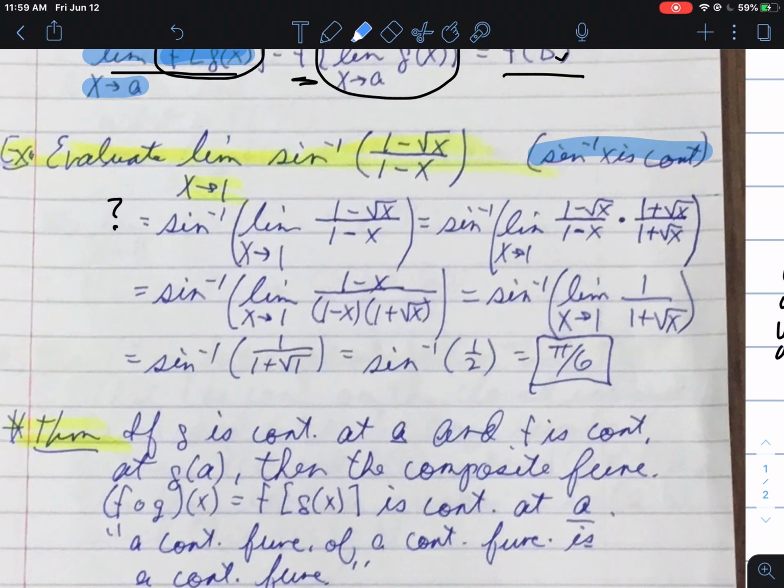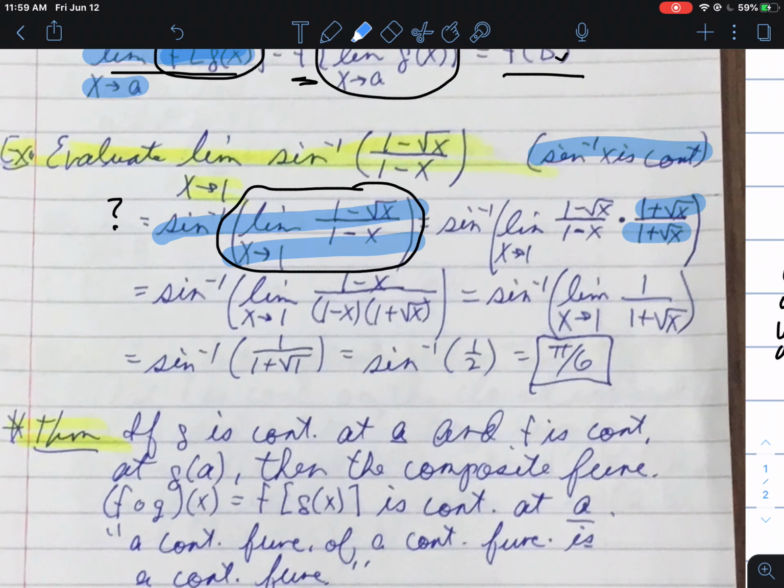So I took the limit of the inverse sine of that fraction, and we're saying, okay, is this equivalent to the inverse sine of the limit of the inner function? Now this limit that I'm going to evaluate, we're back to what we did previously. I'm evaluating the limit as x approaches 1 of (1 minus square root of x) over (1 minus x). So 1 is not in the domain of that function, but remember that little conjugate trick we used? If I multiply the numerator and denominator by the conjugate of that numerator,